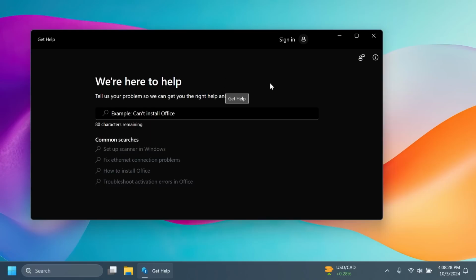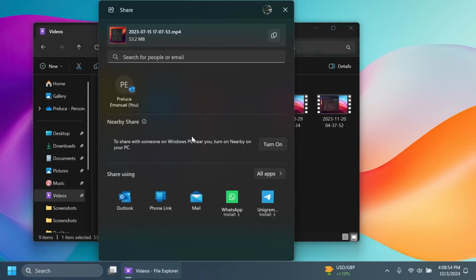We're also getting improvements to the Get Help app. It now offers enhanced network diagnostics to assist you in getting back online. You can select the specific network interface you want to troubleshoot, and the app provides advanced diagnostics for driver and other hardware issues. A lot of improvements are also present for Windows Share, so you can now no longer accidentally